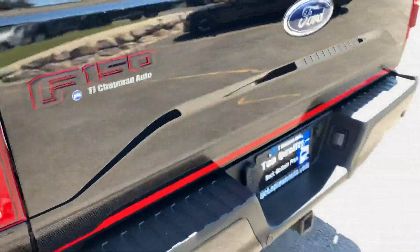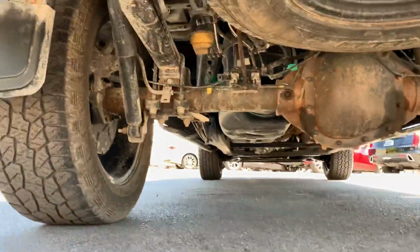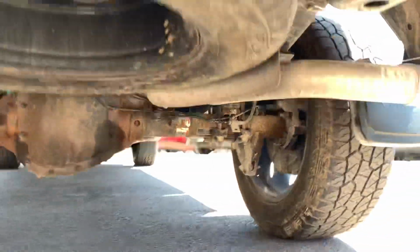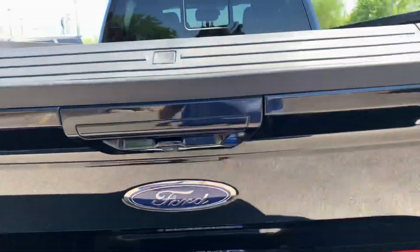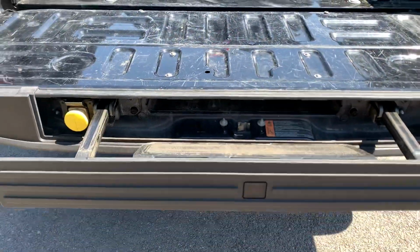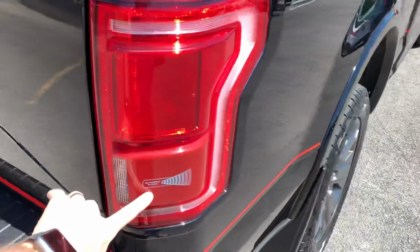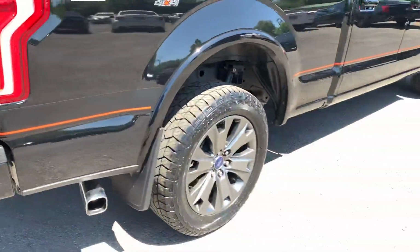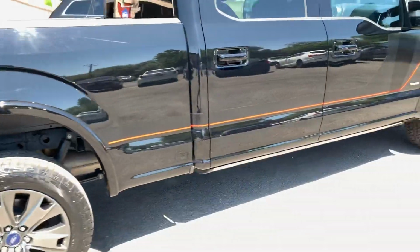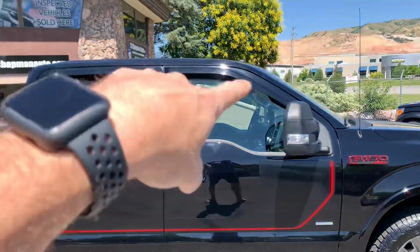Good tires, spare tire here. Tow package. Slow release tailgate with the pop out step here. No bed liner. Rear radar detectors there, radar. Does have the